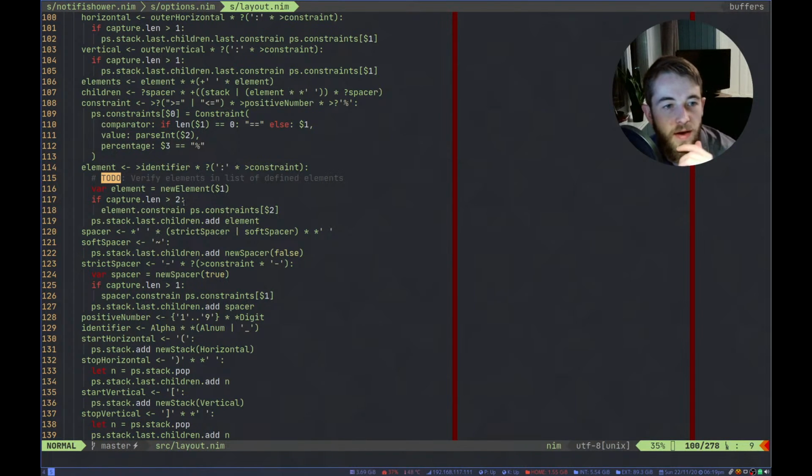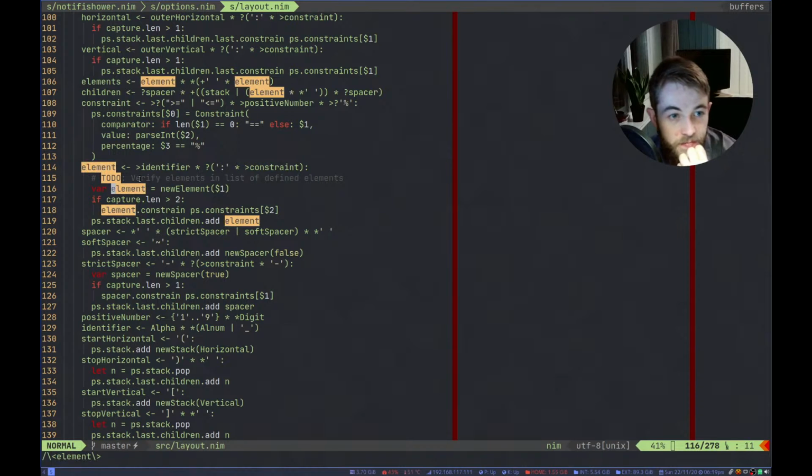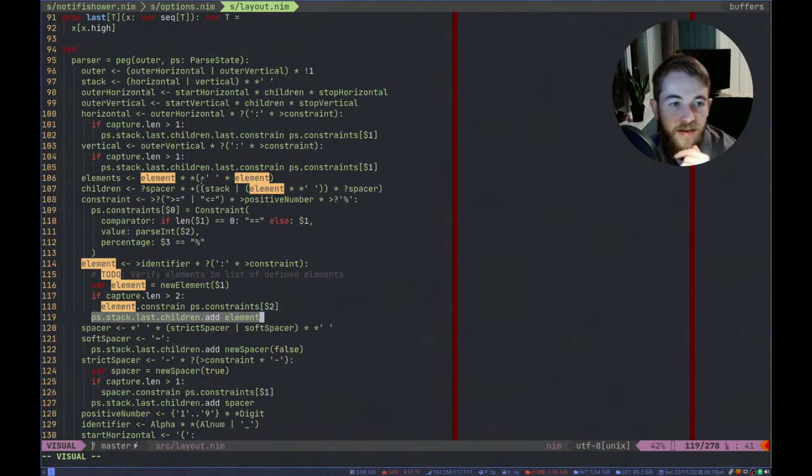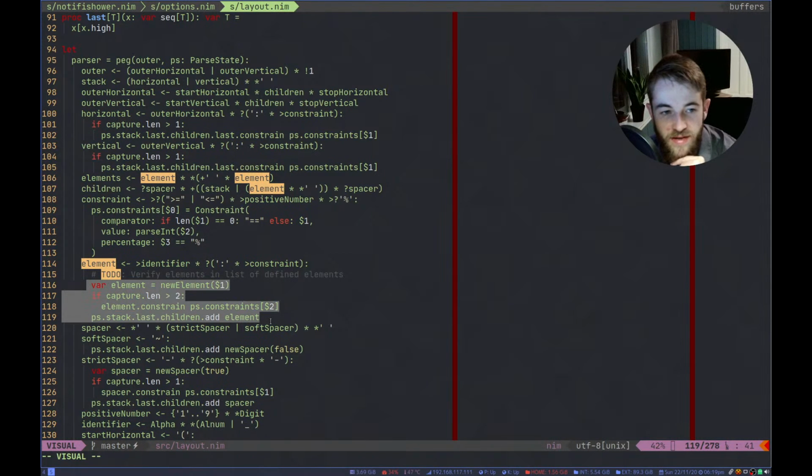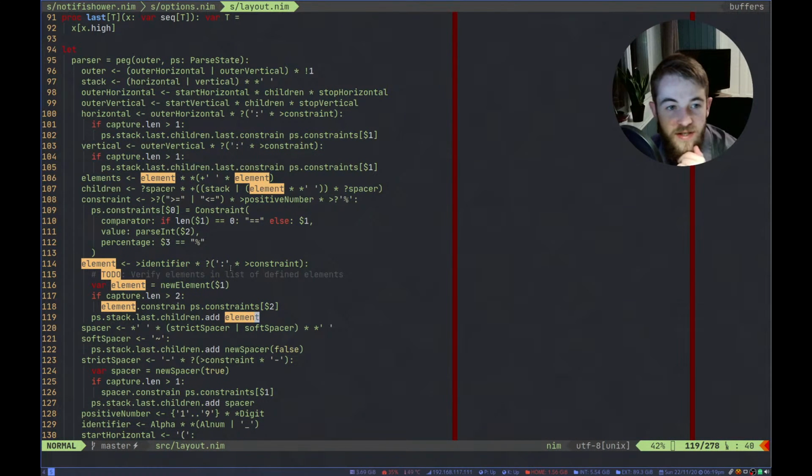Here's the parser. An element is an identifier followed by constraints. The problem is that if we have something that matches this, then this will happen and this will happen, even if we afterwards figure out that, oh no, that's not the case, let's go back and undo this in the parsing stage. This has still happened. So we need to be careful of side effects here.